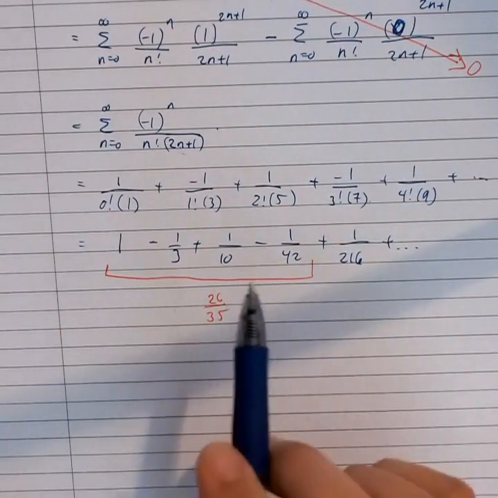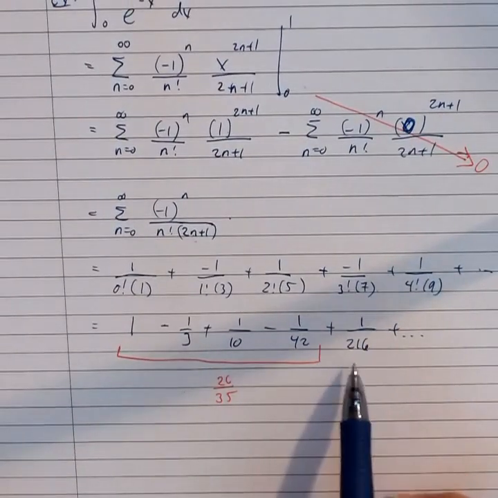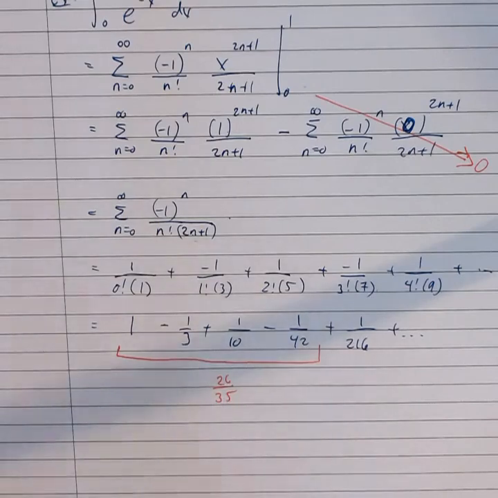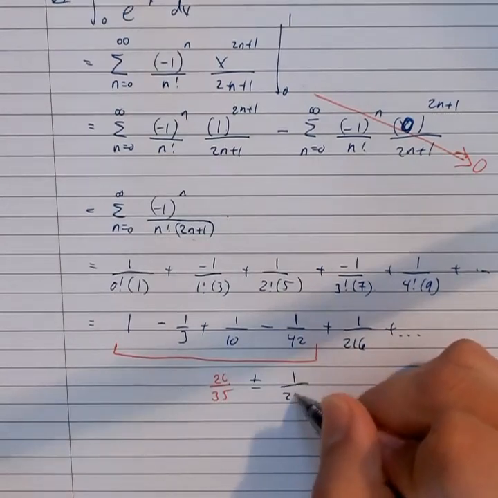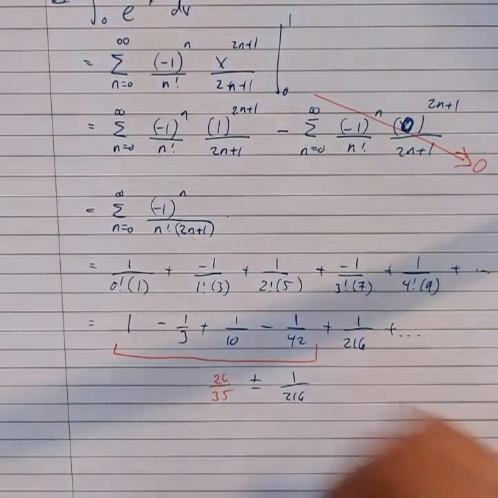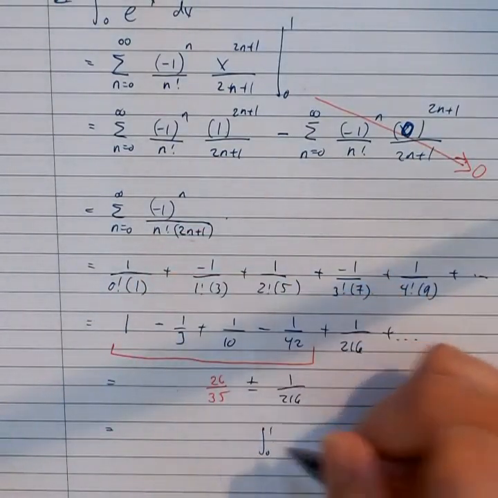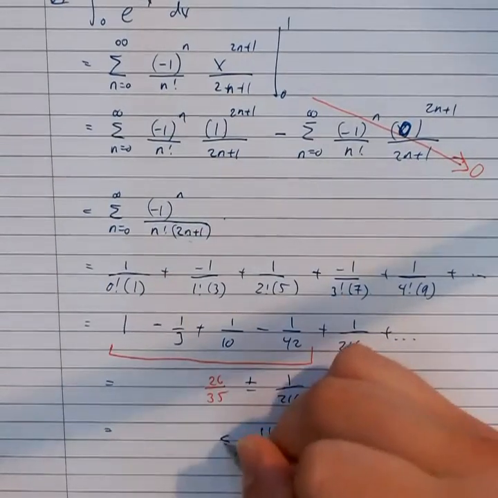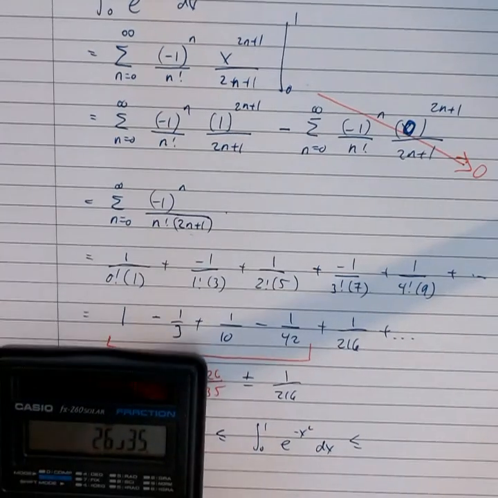That's only an estimate. But remember, going back to section 9.5, we saw that the alternating series, if you just take the very next term, the absolute value of the next term gives you the amount of error that this one has. So here, my actual answer is this plus or minus 1 over 216. Or in other words, my answer is going to be somewhere in between. The integral from 0 to 1 of e to the minus x squared dx is bound somewhere between. Well, if I take 26 over 35 and I add 1